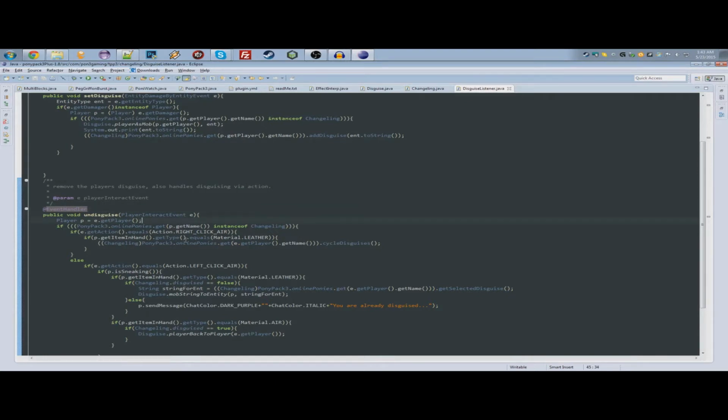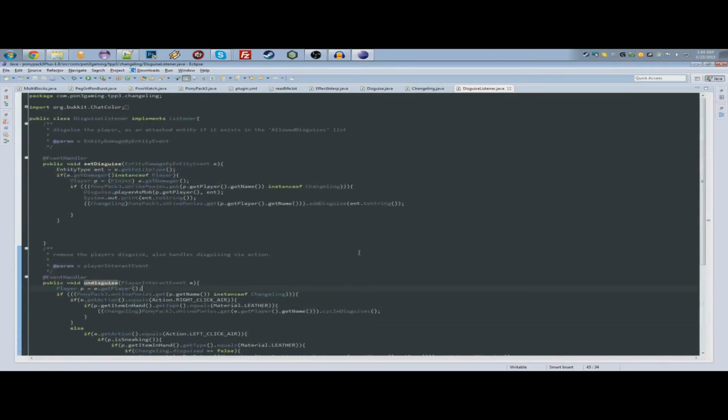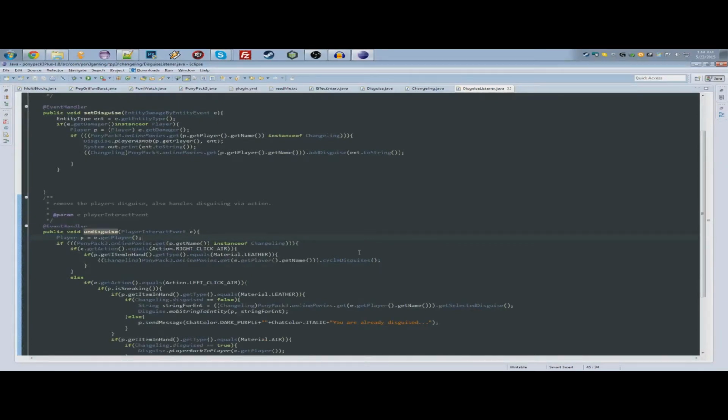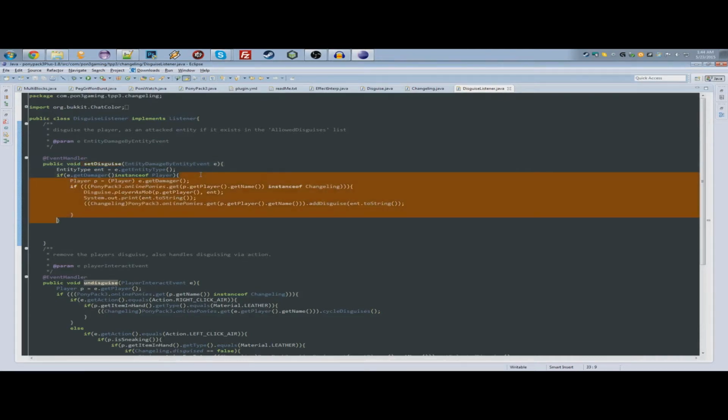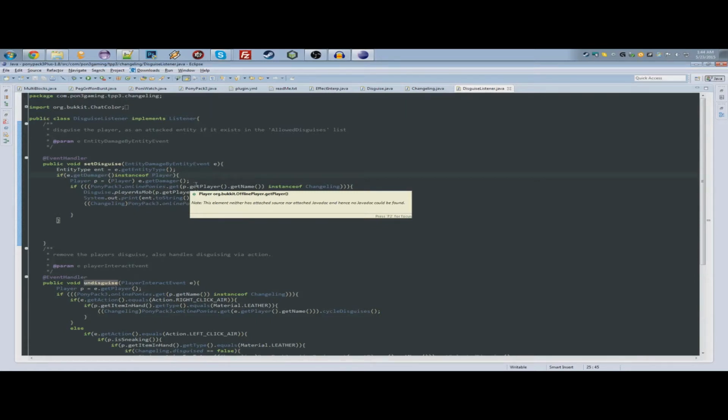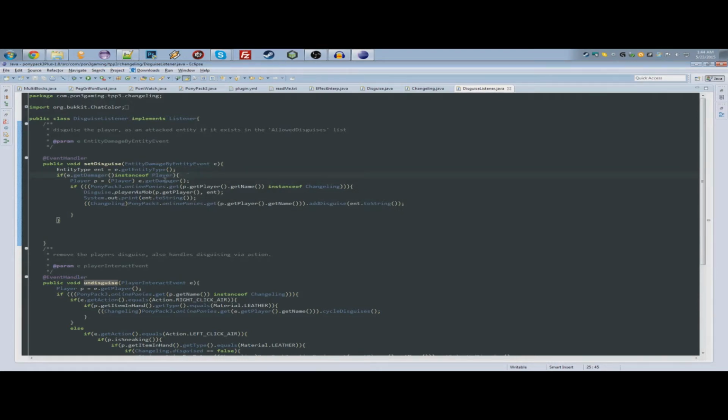Undisguise. This isn't entirely true. Undisguise also handles the cycling of your spells. Okay, actually, let's start from the top. Set disguise. So when you punch something, you're automatically applied that effect, and then your UI changes as well. Your GUI shows that you're disguised. Because I didn't want any text stuff either, because I don't like it. Oh, that can go. Anyway,